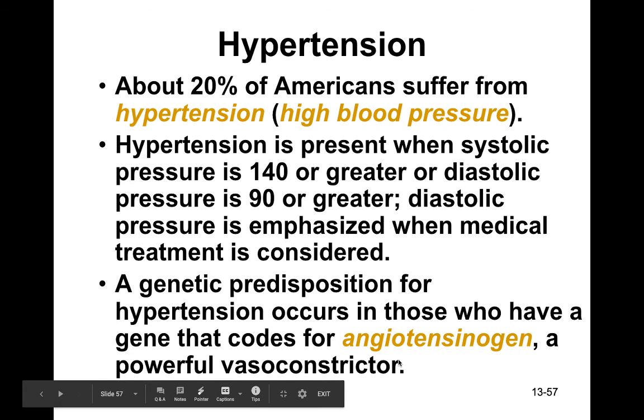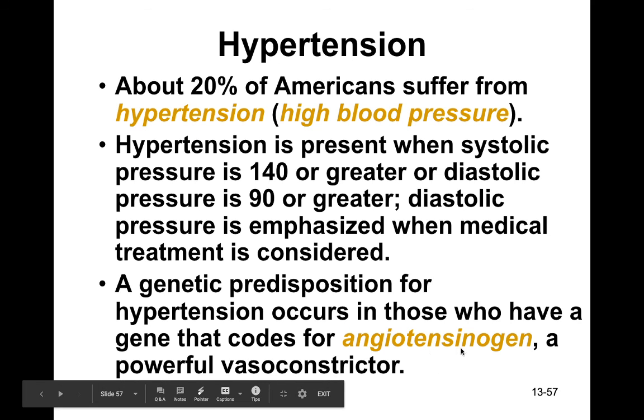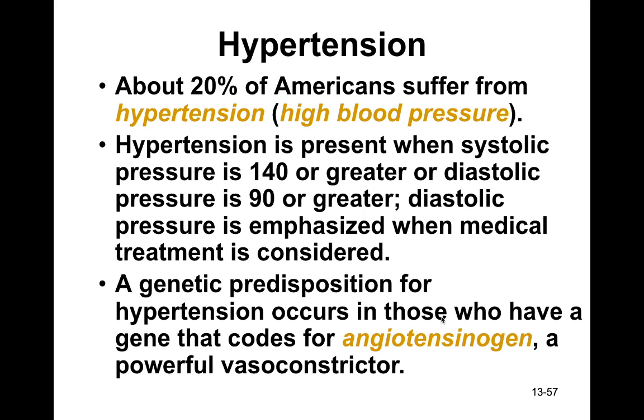Angiotensinogen is a vasoconstrictor. It causes the blood vessels to constrict. And again, if blood vessels constrict, they get smaller. So anyone who has high blood pressure, for whatever reason, has more narrow vessels, whether it is genetic because they're producing this angiotensinogen, or whether it is because you have a buildup of plaque, fatty material in your vessels. High blood pressure indicates narrowed vessels, which indicates an increased likelihood that an embolus could form and clog up those